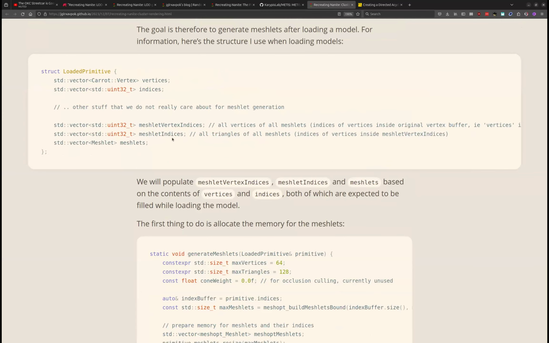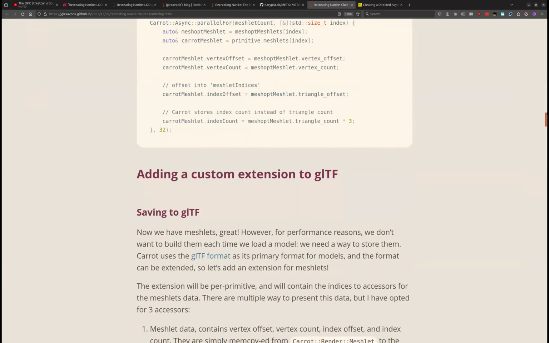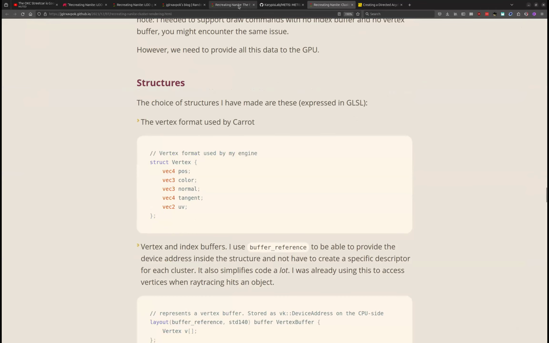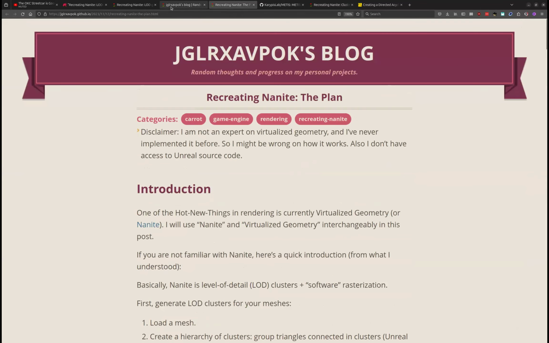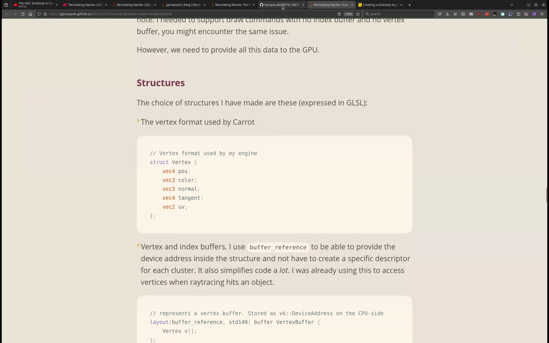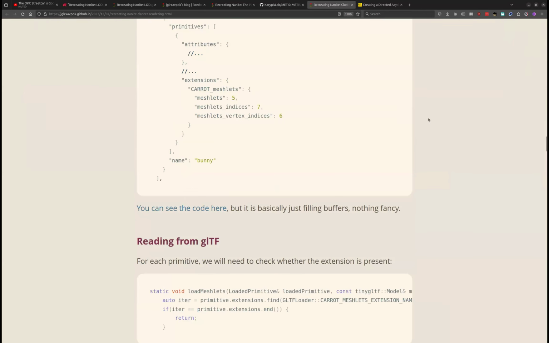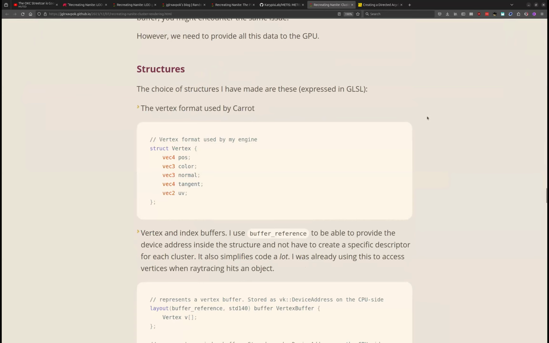I think the cluster rendering, you just get a list of clusters to render, and how you render it is described in this article, but the way you get that list is kind of irrelevant for the purposes of, sorry, this one is the one that decides those LOD clusters and which ones get rendered based on the LOD distance. Whereas this one is going to be the actual rendering of those and sorting, and this is where the occlusion